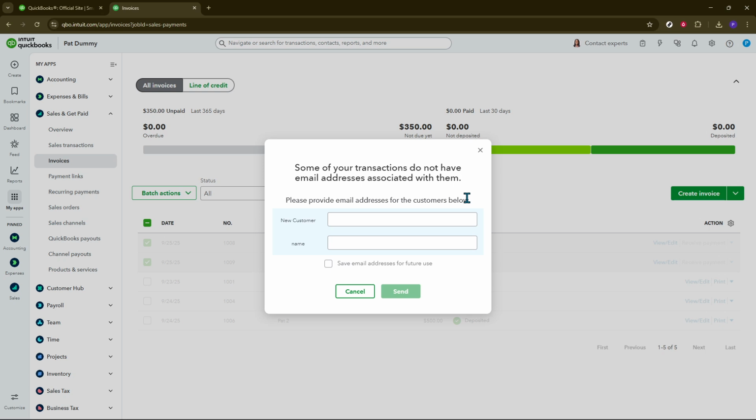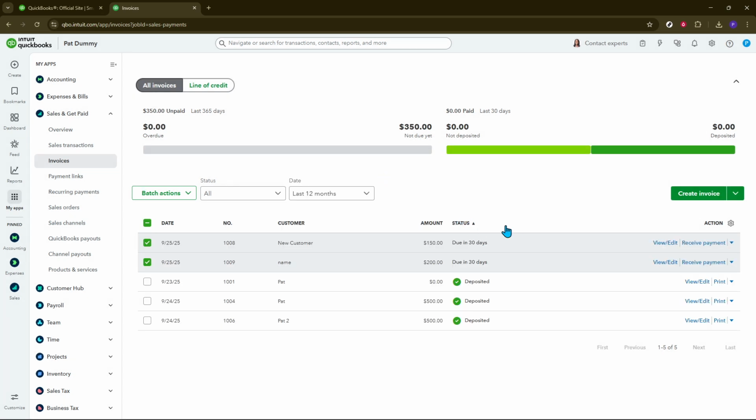After sending, it's always a good idea to track the status of your invoices. You can return to the Invoices page to check their updated statuses, whether they are marked as sent, viewed, or even paid. Keeping tabs on these statuses will help you maintain accurate financial records and ensure follow-ups as needed with ease. By using these steps, you can efficiently manage your invoicing process, saving you time and helping better manage your business